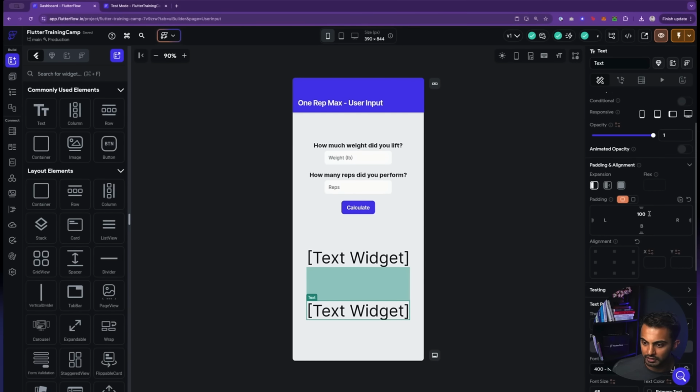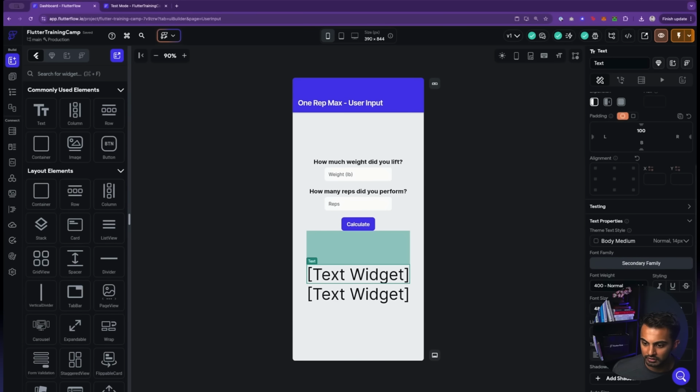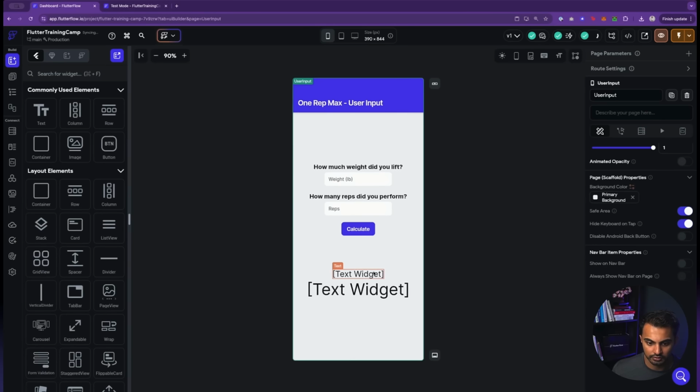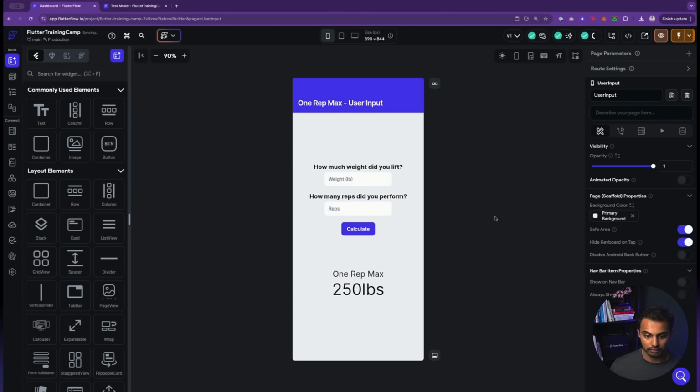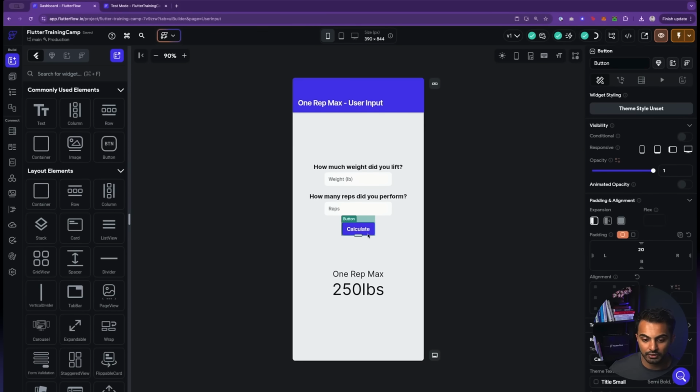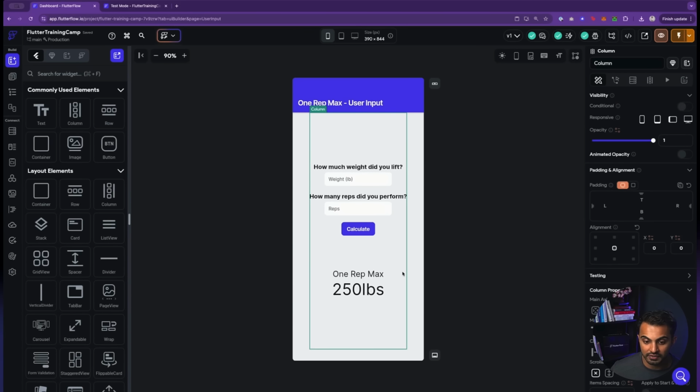We'll get rid of the padding here. I'll make this one a lot smaller. Just some basic design. And we're going to say 1 rep max. And then imagine it says 250 pounds, right? So essentially when a user hits calculate, we are going to update this value.